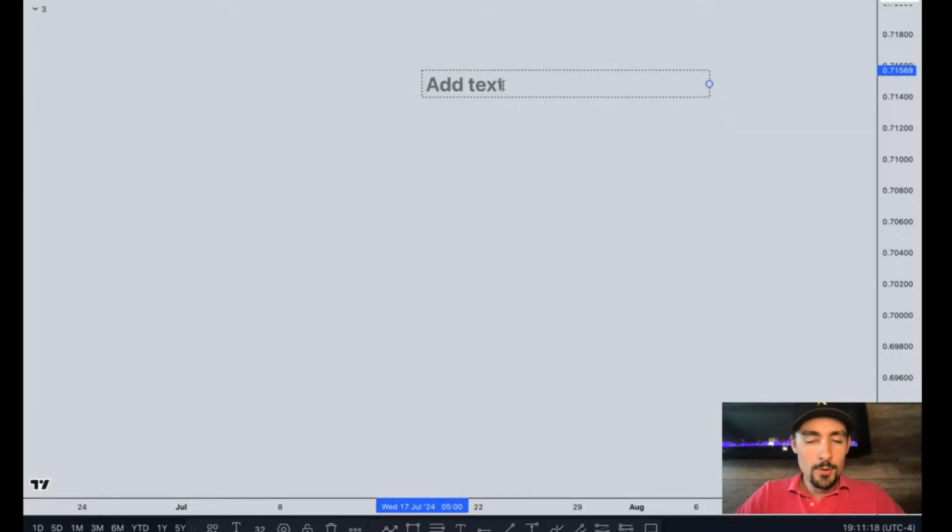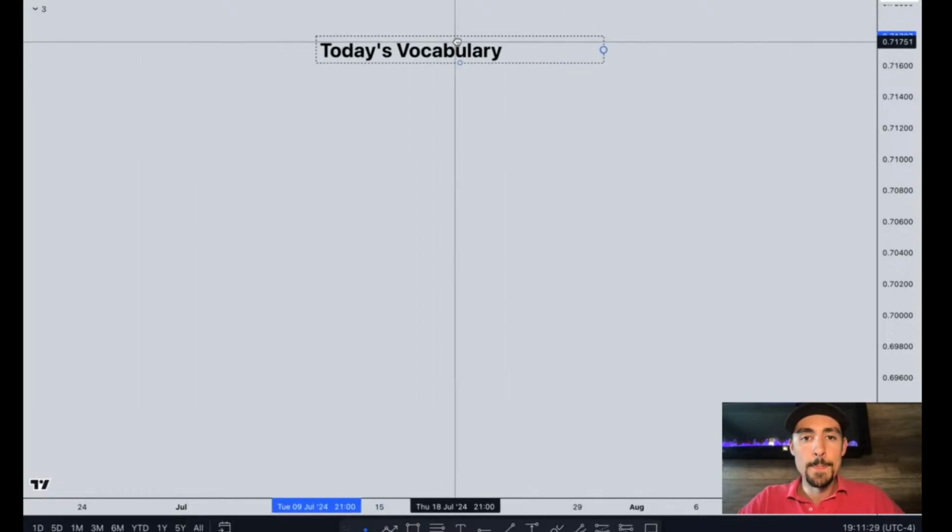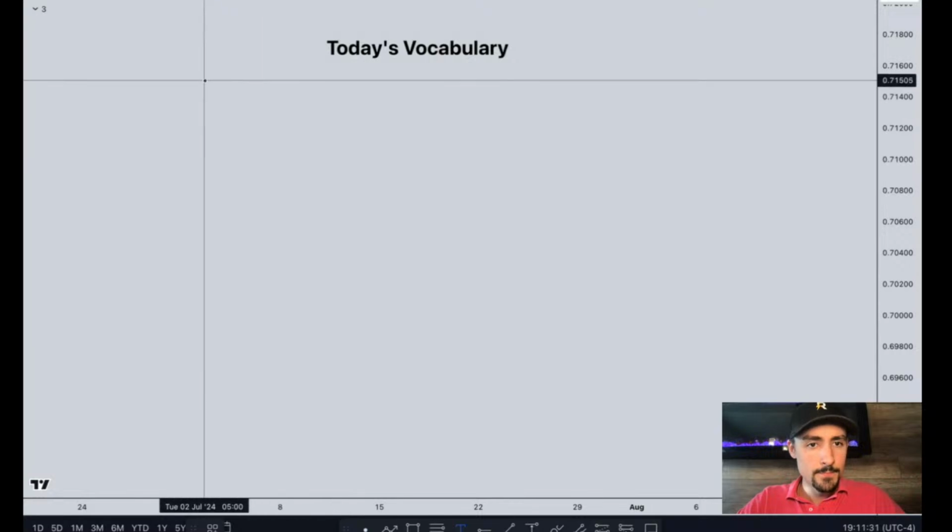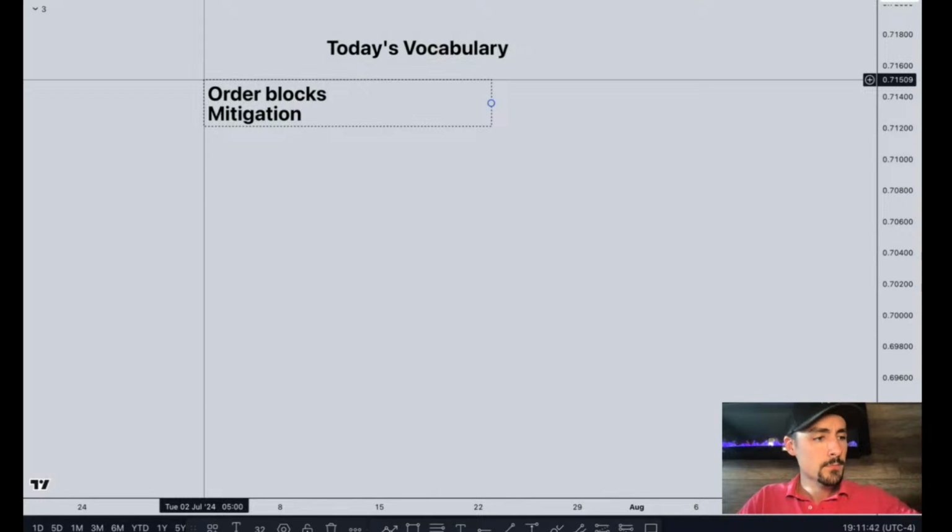But before we dive into the diagrams, let's talk about the vocabulary that's necessary for today. So we'll go to today's vocabulary. All right. So we're going to be talking about order blocks. We're going to be kind of bringing back that conversation that we had in the very first market maker method training, which was understanding mitigation. And we also are going to be talking about,